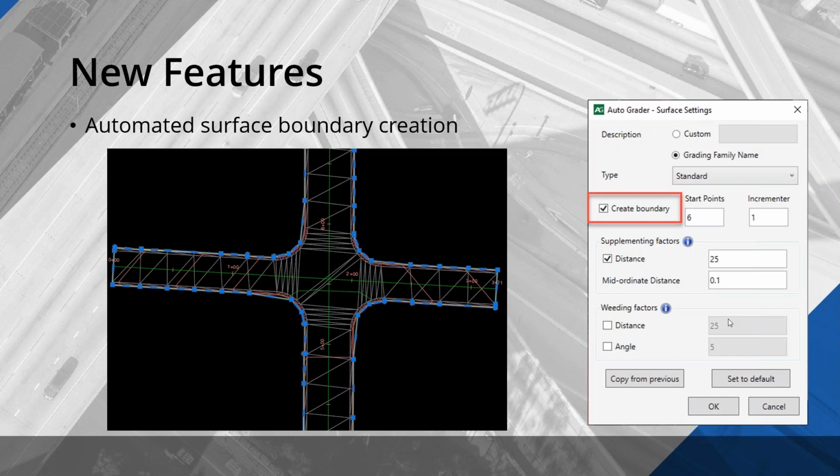Another new feature, we have automated surface boundary creation. This is something we've been wanting to do for a while, and it turns out to be quite complex, but we think we've landed on something really cool here. Oftentimes when you're creating grading families with AutoGrader, or just any feature lines that you add in a surface on your own,